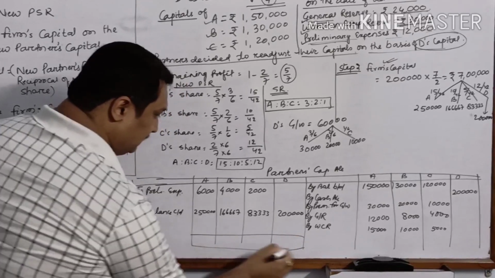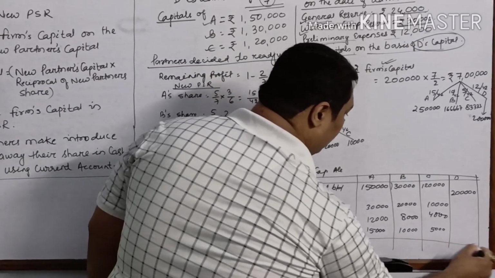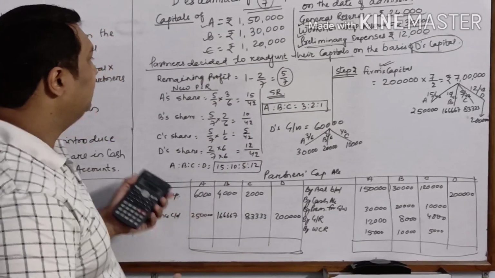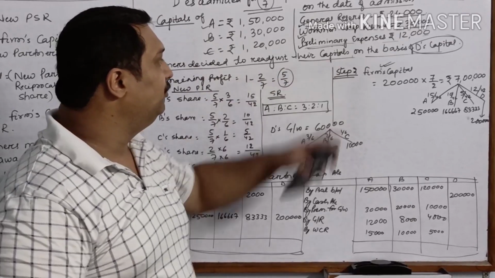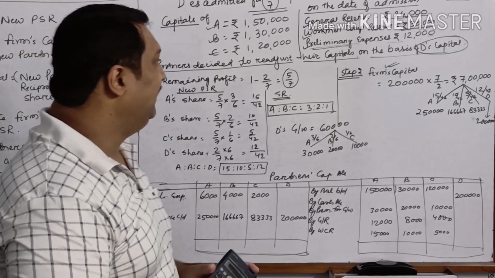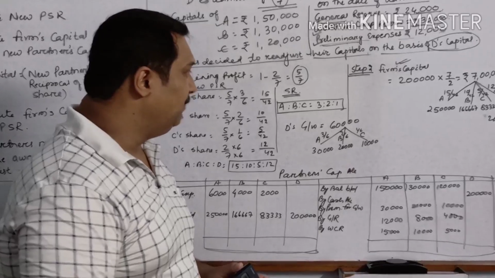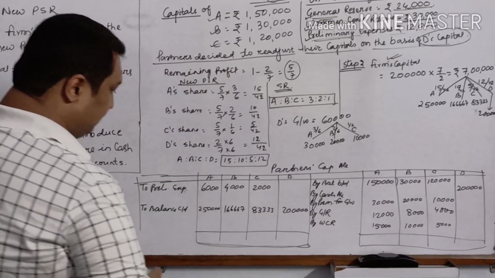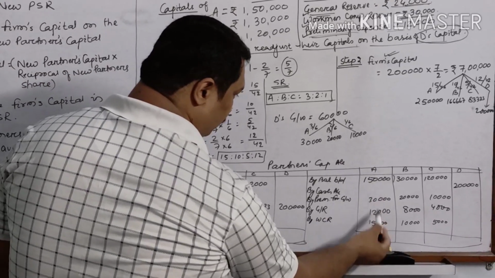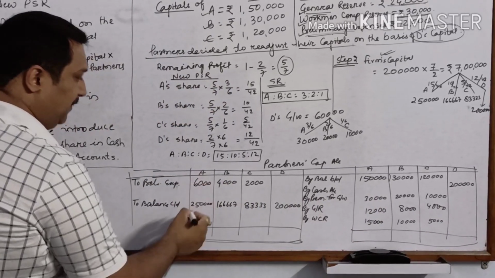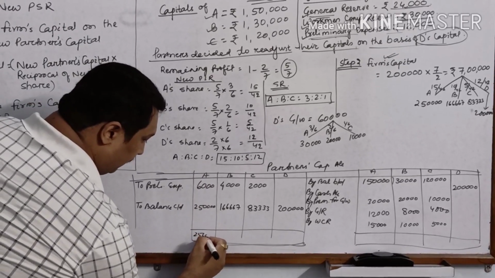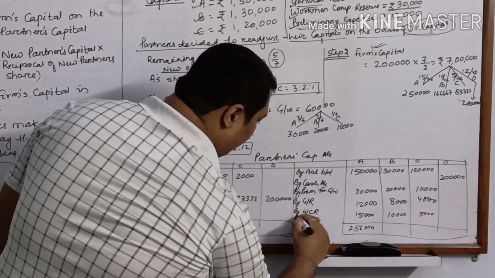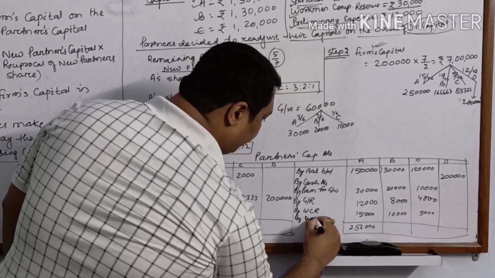Now we will balance it. Now since wherever there will be a balance, since the question did not tell us how the partners wanted to adjust their capitals, we can adjust it through the current account because cash is not informed. So which side of the capital of A seems greater? It is 1,50,000, so obviously debit side is more. That means he will take away this much of capital, 2,56,000 by current account.